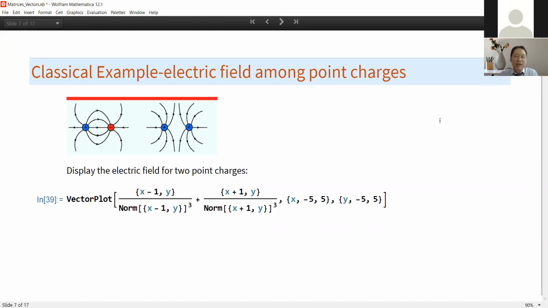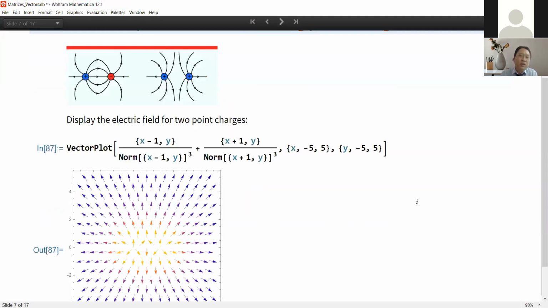That is a very classical example. How do we actually plot vector fields in terms of the electric field about some point charges? In this case, of course, I define a norm here. I put the norm formula down here, in the denominators. Again, x ranges between -5 and 5, and y is between -5 and 5. So if I vector plot this electric field,